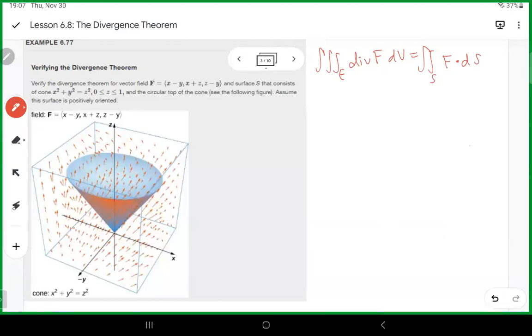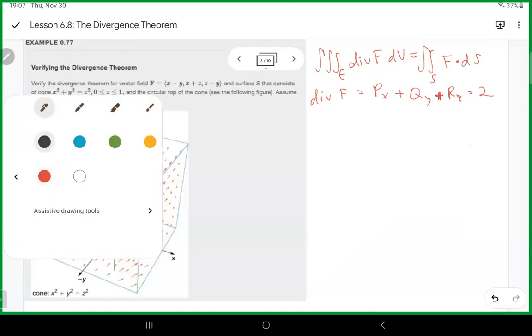All right, by calculating each integral separately. So to compute the triple integral, note that the divergence of F is equal to P sub x plus Q sub y plus R sub z, which is 2. So therefore, the triple integral would look like